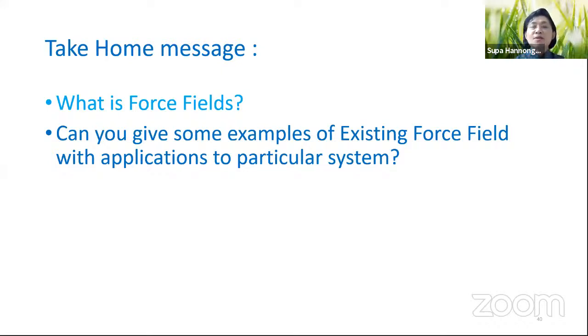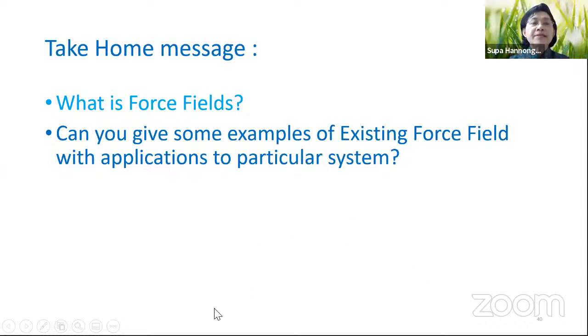Okay, so as a chemist, we need to understand the method. We need to know our system, and we need to select the appropriate method to model our work or our study. And finally, at the end, we can understand the molecular properties and see what happened, or design something new, or develop materials. Okay.